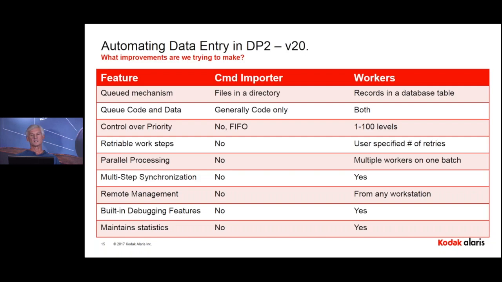The other thing is the whole concept of parallel processing. Workers let you create batches of work. So for instance, back in KC2 again, when I'm publishing a catalog, I'll create all the different products and all the different assets that describe the products. And only if all those are successful would I ever want to publish that catalog out to the web. So by breaking this into small steps, I'm able to get multiple workers working on the same batch at once. Instead of just one thread of execution creating all these products and publishing the catalog, as many workers as are available, or at least as many as I've assigned to that queue, are able to work on this